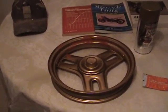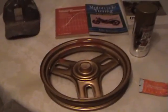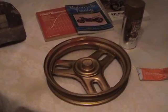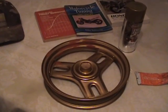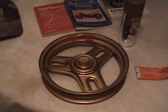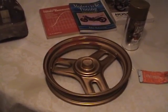Put a small coating of spot putty on. Usually you only use spot putty over primer, because it basically is very thick primer. But since it's a little wheel and I'm doing things my way, I'm putting a little bit of the spot putty right here over